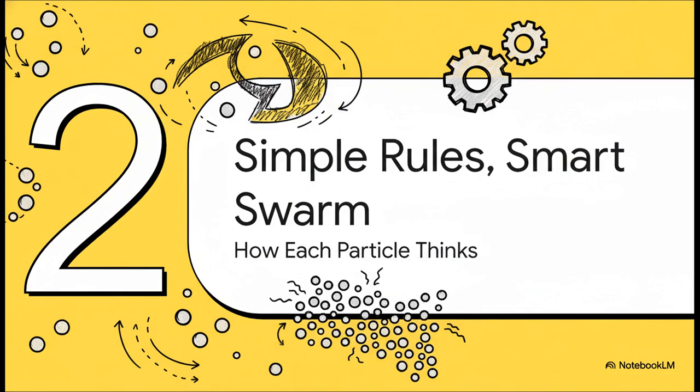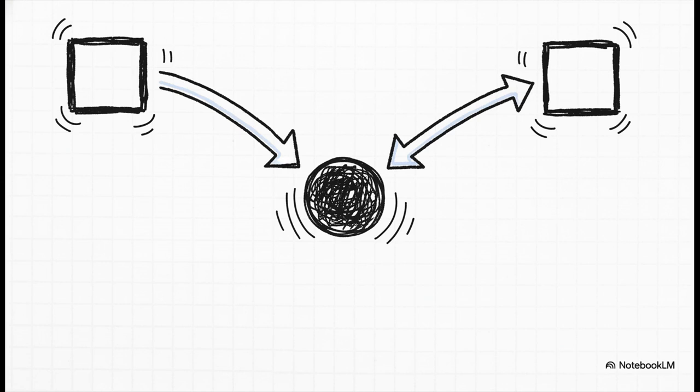Right, so how does a group of completely independent particles pull this off without a map or a leader telling them what to do? The answer, and this is the cool part, lies in just a couple of incredibly simple rules that every single one of them follows. And I mean it. Believe it or not, all that complex, coordinated searching we just saw, it all boils down to just two fundamental ideas. That's it. Two ideas guiding every single member of the swarm.